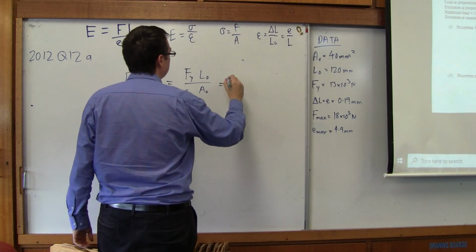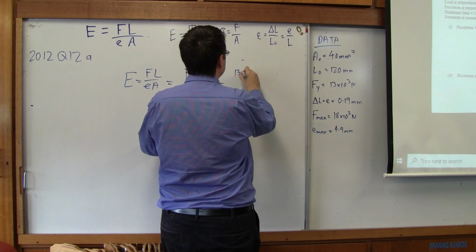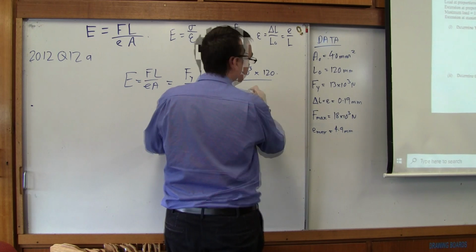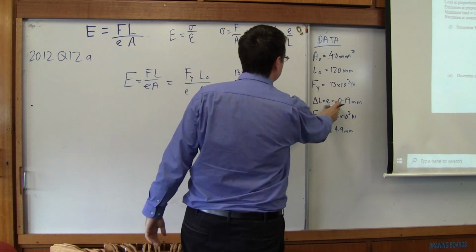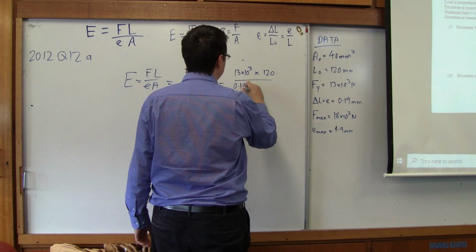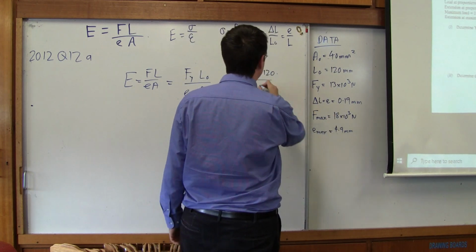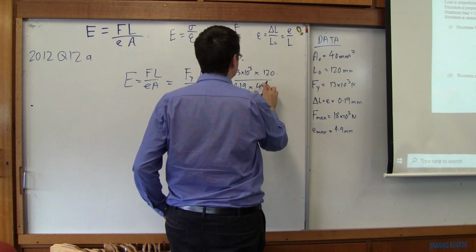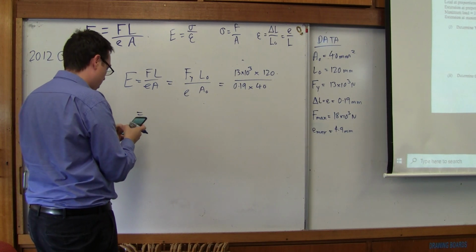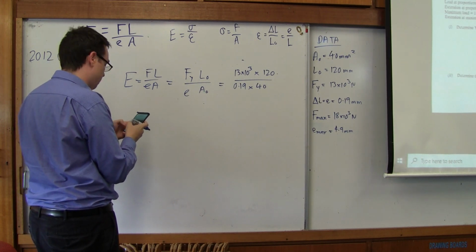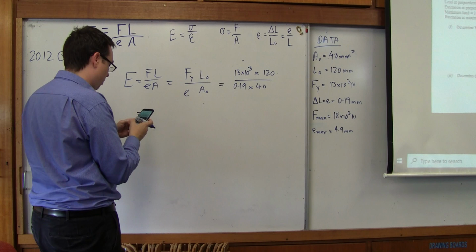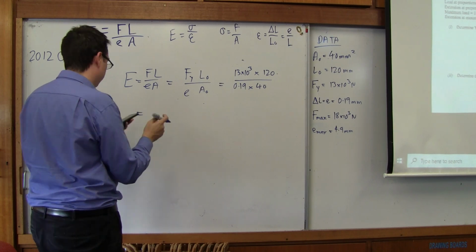Okay, so what we're going to do here is we're going to say that we have 13 times 10 to the 3 times L, which is 120, divided by extension, which is 0.19, times area, which is 40. Okay, 13,000 times 120, all divided by brackets, 0.19 times 40, close brackets,